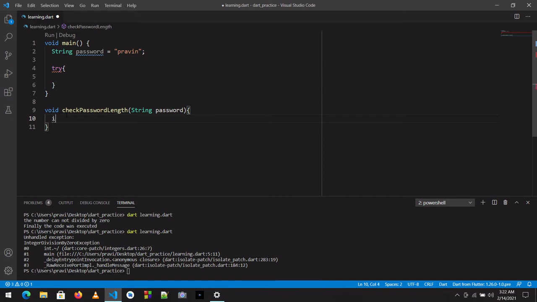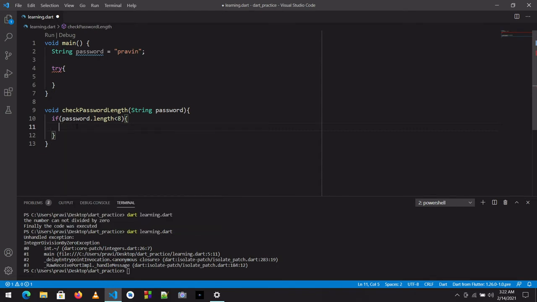Okay, so if password.length is less than 8, it will show something, right?